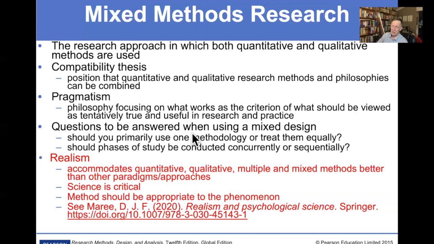Which method is primary, and when you do phases of a study, either qualitative then quantitative, quantitative then qualitative, or both concurrently, how would you choose to do that? And that informs your design. All right, pragmatism, as I said,